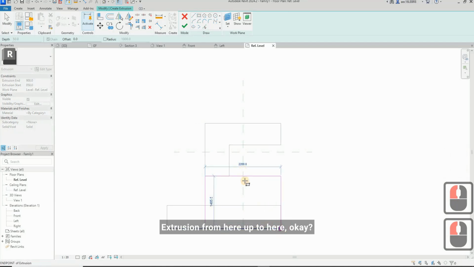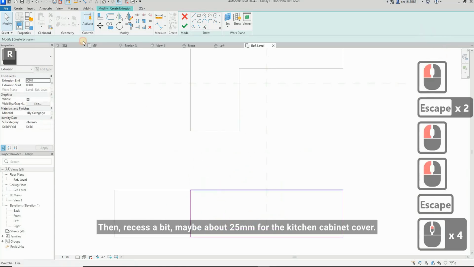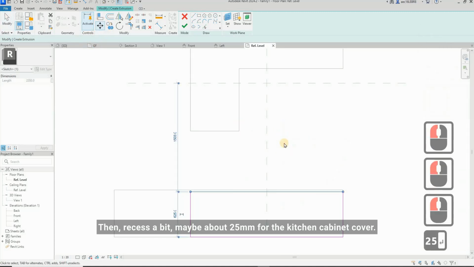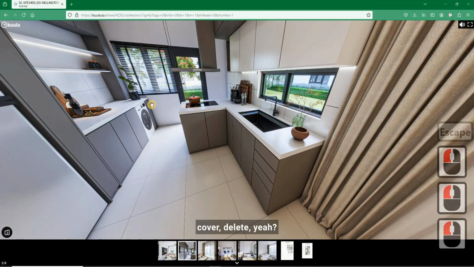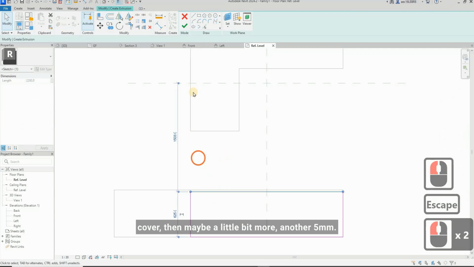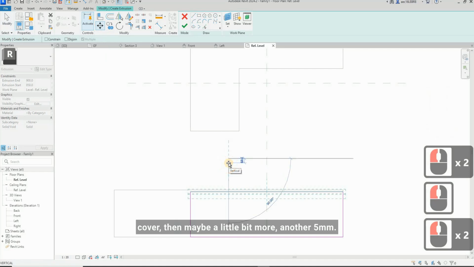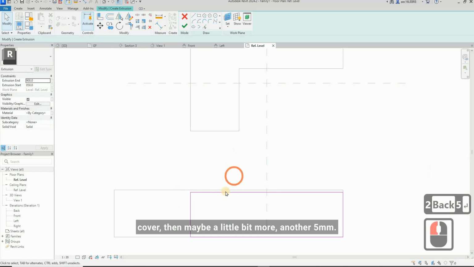Extrusion from here up to here, okay? Then recess a bit, maybe about 25 mm for the kitchen cabinet cover. So this cover, the lid, yeah, cover, then maybe a little bit more, another 5 mm. Okay,